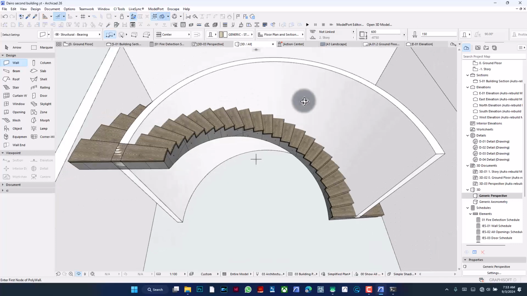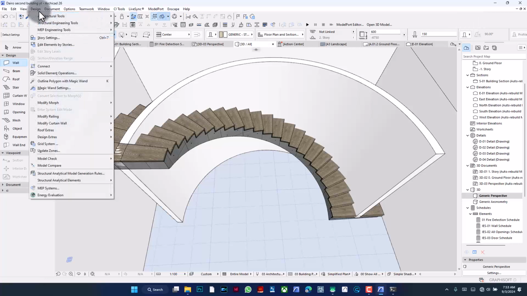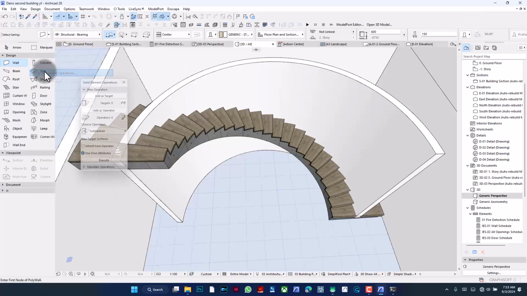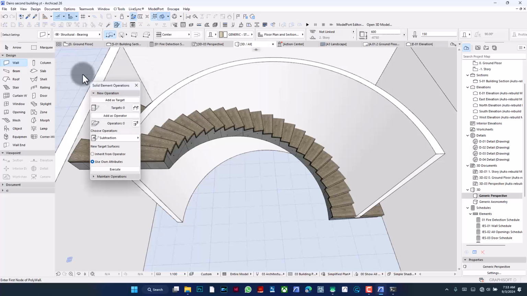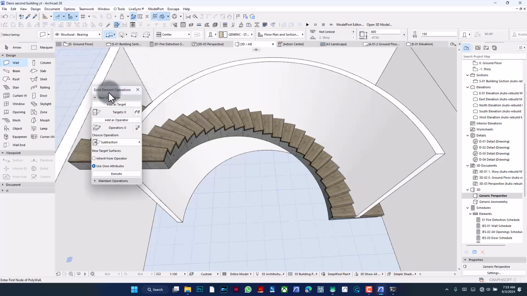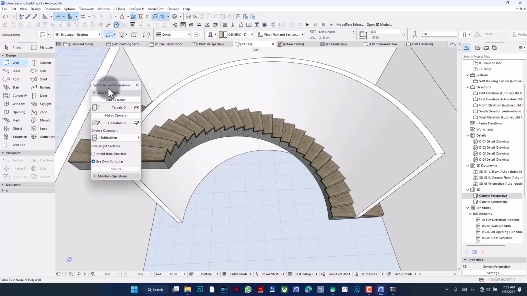So what I'm going to do is, first of all, launch it. Just go to the design tab, click on this, and it's going to bring up its own toolbar, its own window, its own mini palette, whatever we would want to call it. And right from here, I am able to,